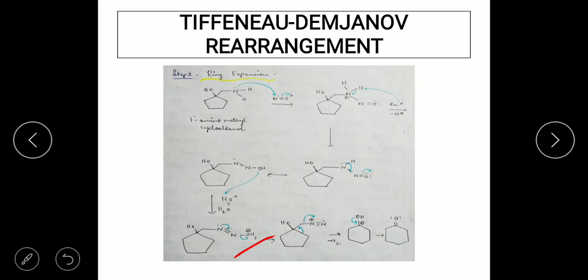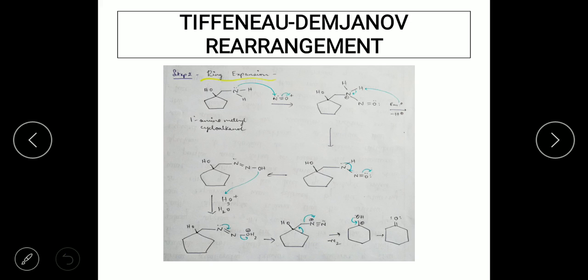Now the next step would be to remove the water molecule. That is nothing but the lone pair on nitrogen forming a triple bond with the nitrogen to give an azide group here, and then there is going to be the departure of the water molecule. Now you can see the positive charge is going to be generated at the nitrogen of the azide group, because nitrogen now has 4 bonds, 3 bonds with nitrogen and 1 with the methylene group. Now the last step would be nothing but the ring expansion.